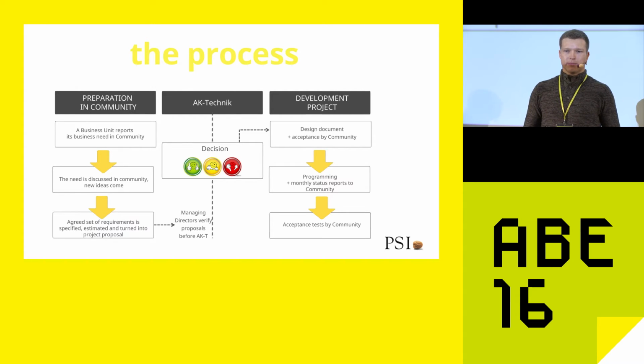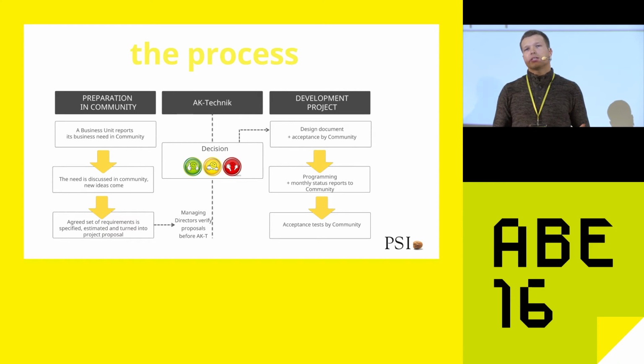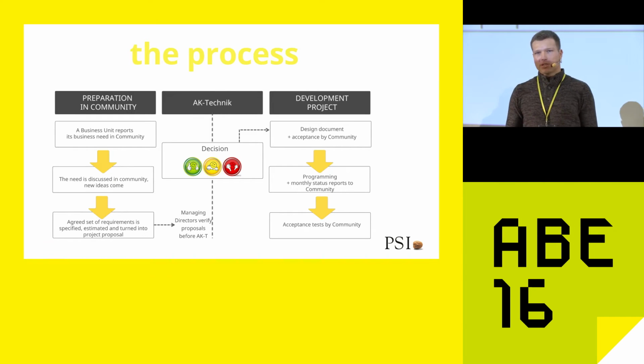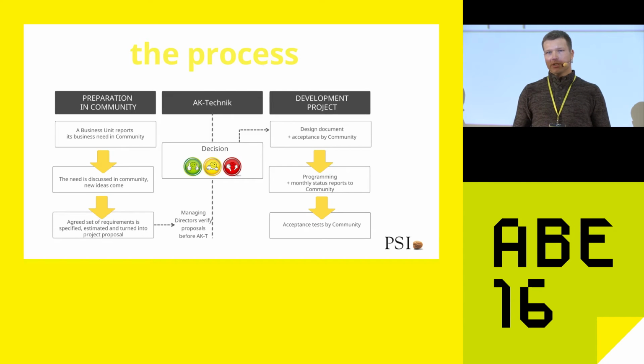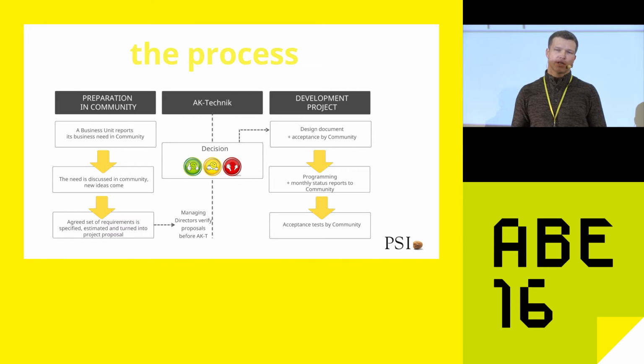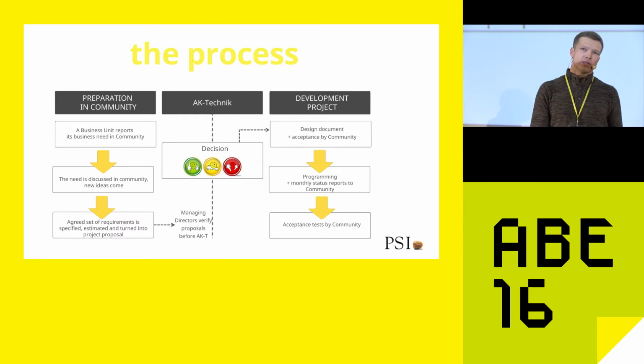But the most important aspects are that we established communities, gathering representatives and experiences of all the business units. The communities were responsible for discussions about requirements and converting those requirements into some project proposals. We established then, in the next step, regular meetings of the managing directors where those proposals were evaluated from the strategical point of view and also from the commercial point of view, and accepted ones were given a budget